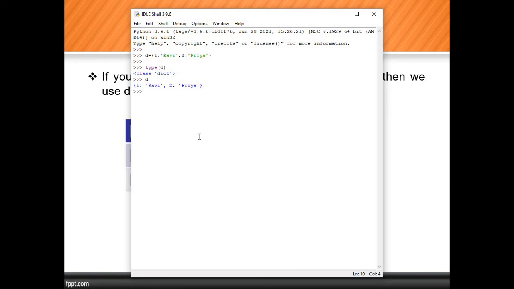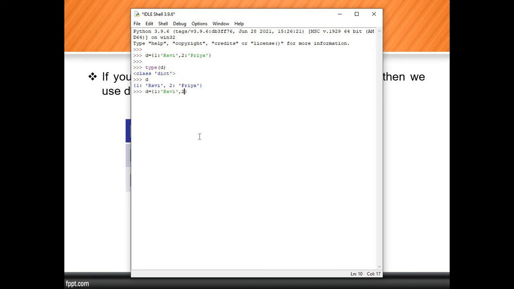Now we are trying to store the value having the same key, and which type of error we get, that we'll discuss. So now I'm trying D equals curly brace open close. Here I am trying to store 1 colon, and I will use again Ravi, and separation by using a comma.